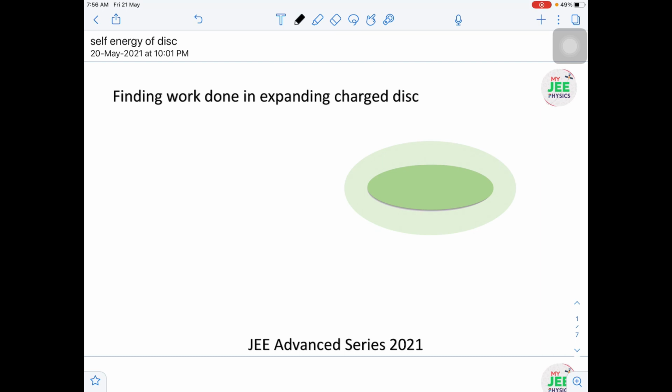Today we are going to see a very good concept, that is work done in expanding the charged disk. First let me explain the situation. Suppose I am taking the charged disk. This disk is thin and uniformly charged with the charge density sigma, and the radius of the disk